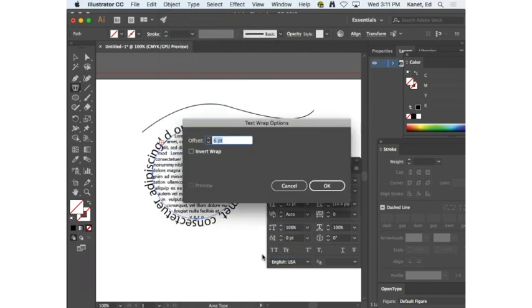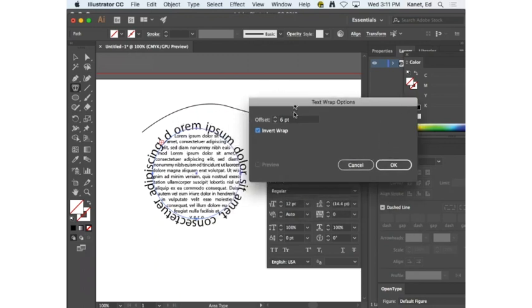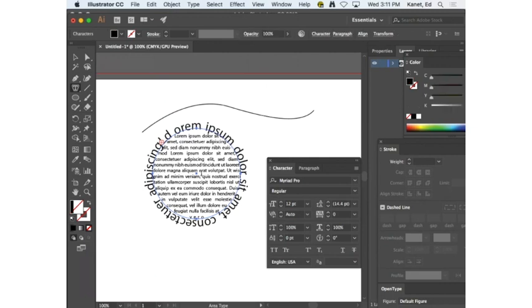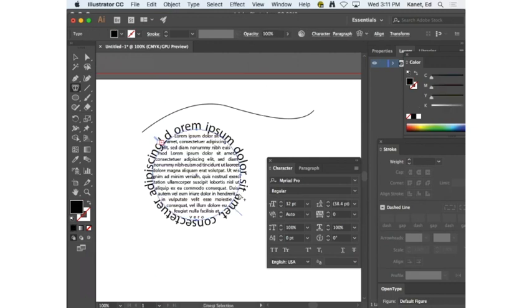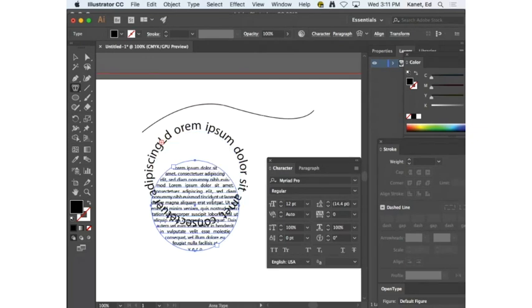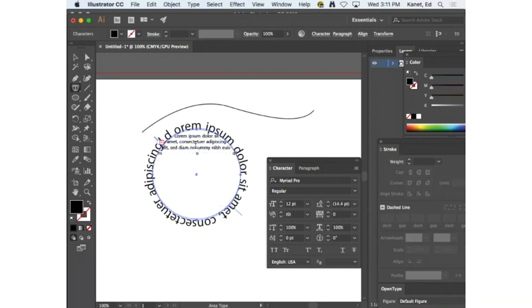Text wrap options. Invert the wrap. Oh, it's not working. I'm going to move on here pretty soon because I'm getting a little sidetracked. Anyway, so you can see you can do a lot more in Illustrator than you can in Photoshop, working with the type. One last thing that you need to know and understand is something you can do here,